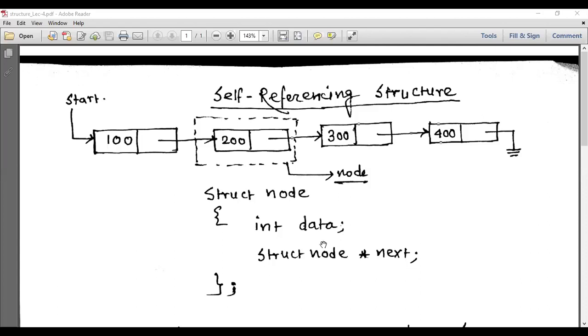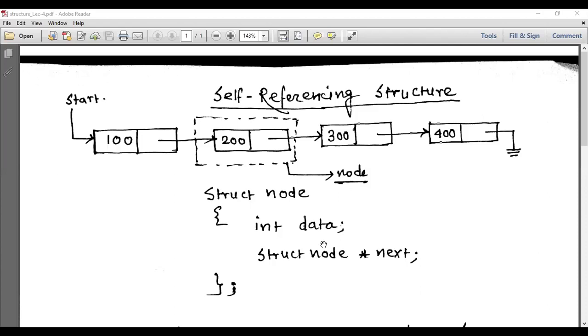But in case of a linked list, the data elements are not stored in contiguous memory locations. Like an array, it is an ordered set of data elements, yes, and each contains a link to its successor and sometimes its predecessor. In the diagram that I have drawn over here, only the successor is linked